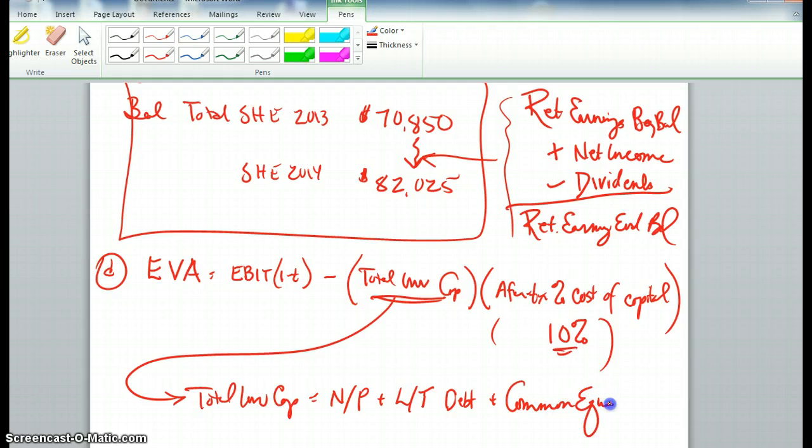That is your total invested capital. And so you'll get those numbers from your balance sheet for 2014, and you'll add those up and multiply it by 10%, and that'll be this side of the equation. And then you'll subtract what you get for that from your EBIT after taxes,